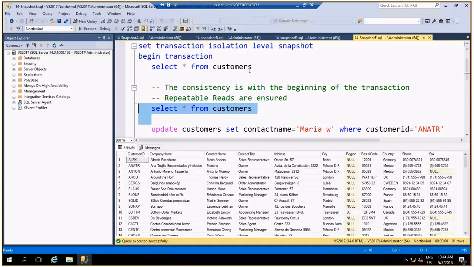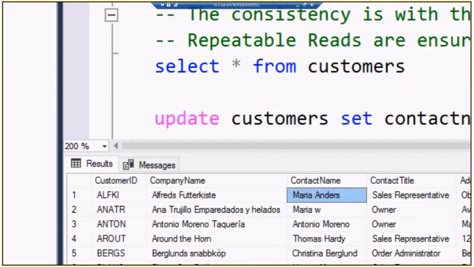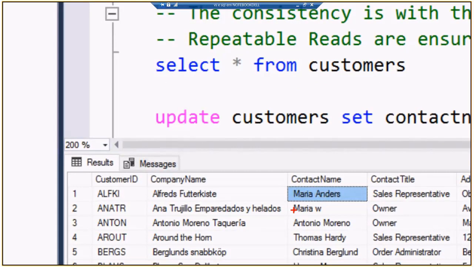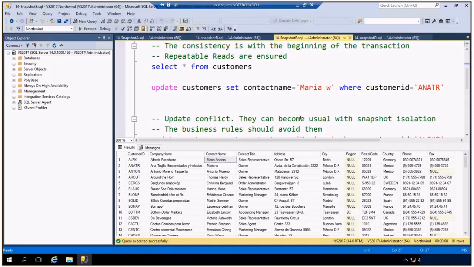This transaction has read Maria Anders from the record. This information will not change during the transaction. We will not see different information during the execution of this transaction. That's why the record is still on the version store, to ensure this consistency.